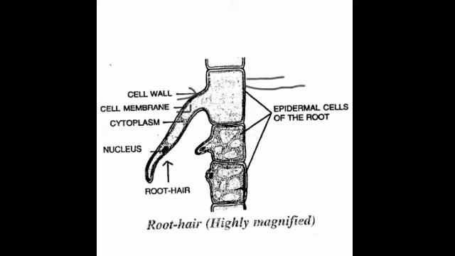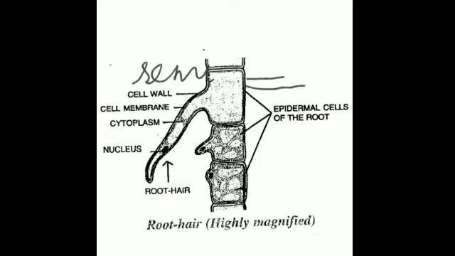What is the speciality of this cell wall? Cell wall is freely permeable. It is freely permeable, that is, it allows all the substances to pass through it. Any small, big, any substances can pass through it. But after the cell wall is a layer which is known as cell membrane. What is the characteristic property? That it is semi-permeable. It is semi-permeable, that means it will allow only certain substances to pass through.